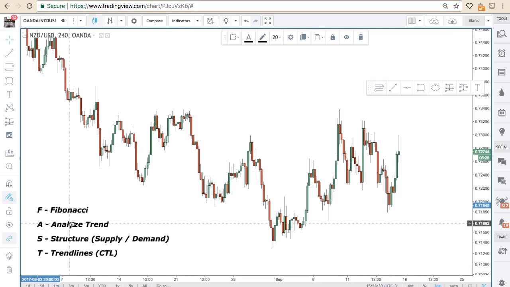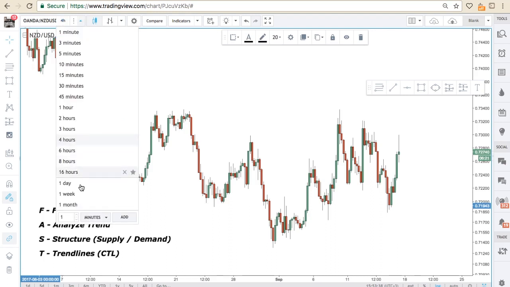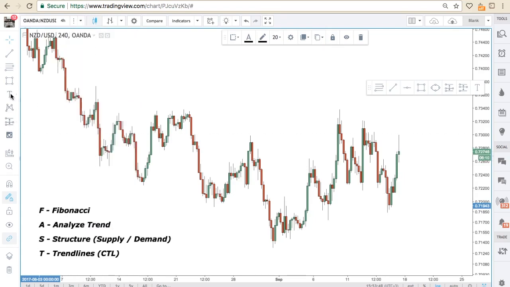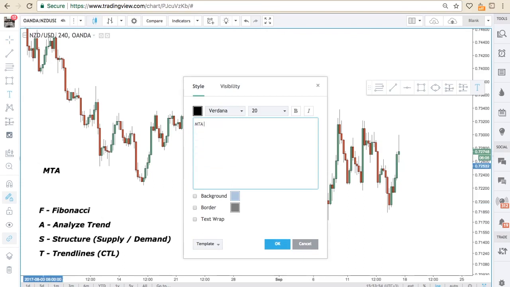But the first thing I do is I analyze the trend, right? So I use multiple time frame analysis, and I start usually on the weekly or the daily. For this particular trade, as far as your multiple time frame analysis, go ahead and write MTA, multiple time frame analysis, right? You want to use 3 time frames, no more than that, because you're going to trip yourself up, right? So use a sequence. You can use weekly, daily, 4-hour,